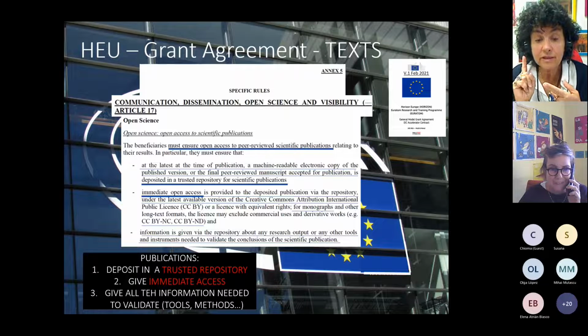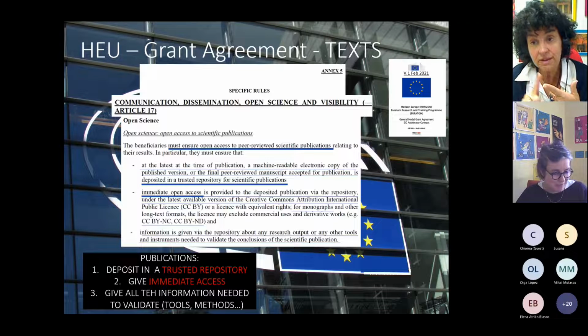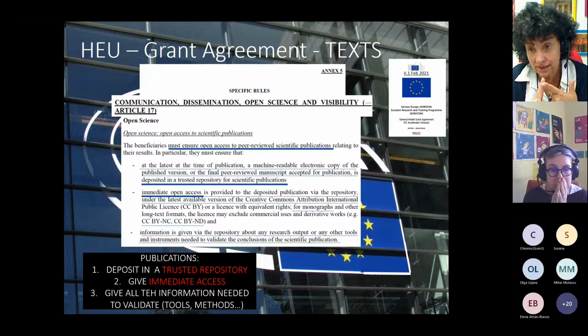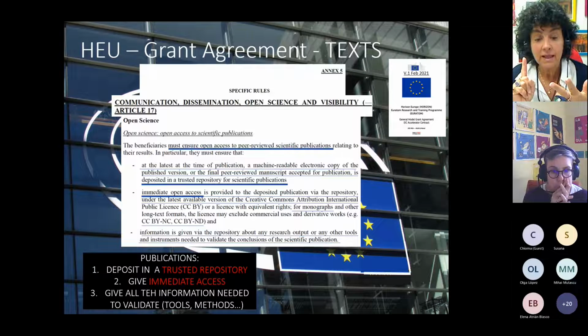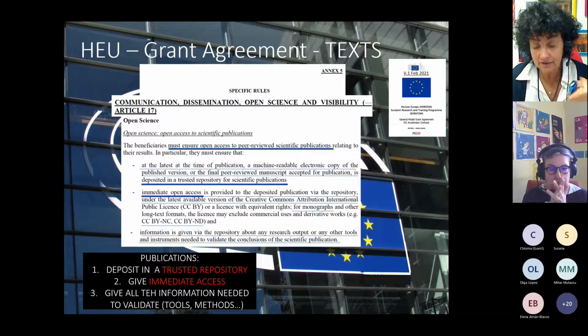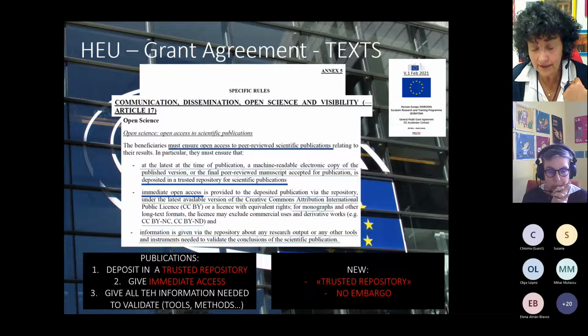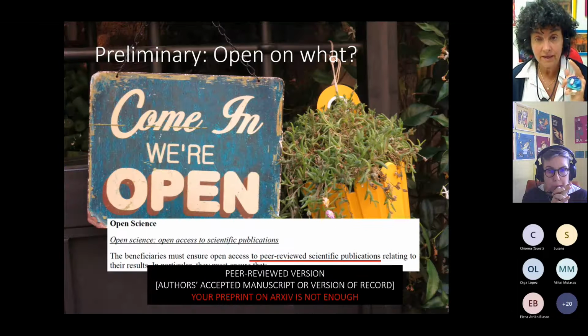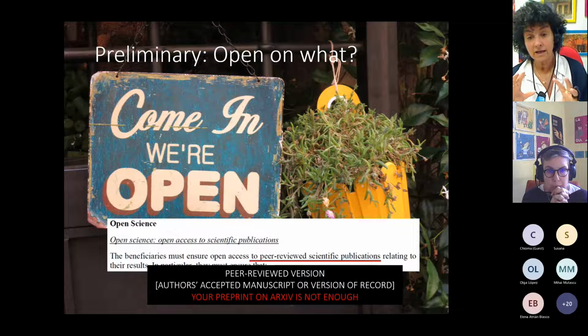Then you have to give immediate open access. And we will see that you need to maintain the rights to do so. Then you have to give all the information needed to validate your findings, okay? What's new? Trusted repository and immediate open access. We will see how you can get immediate open access. Then, a preliminary information,